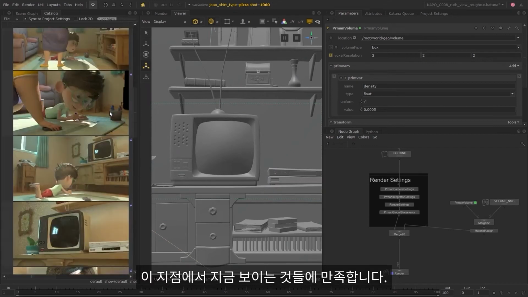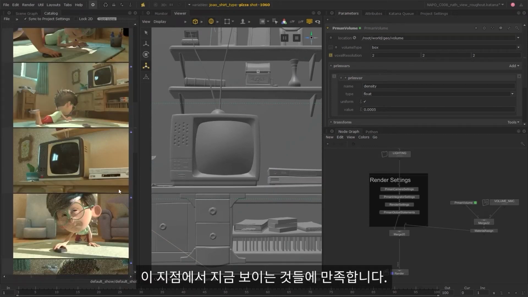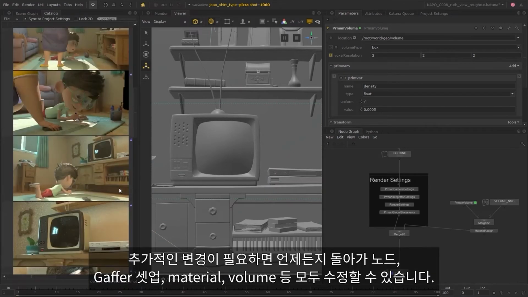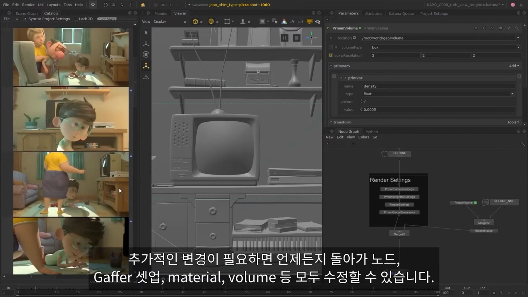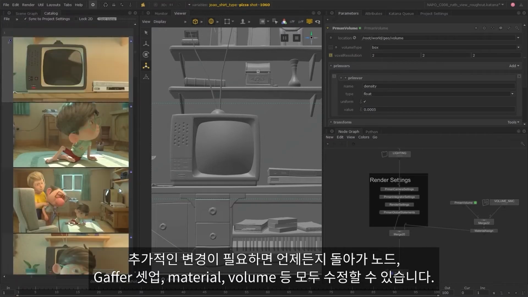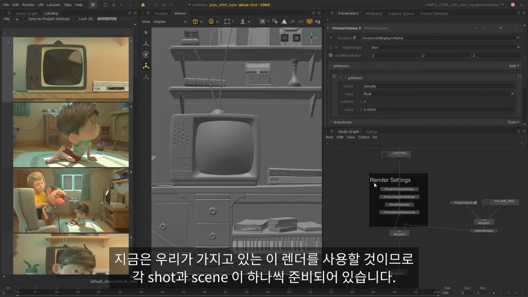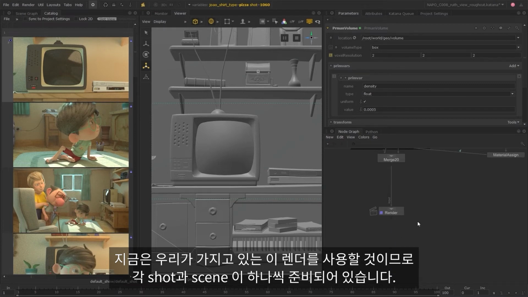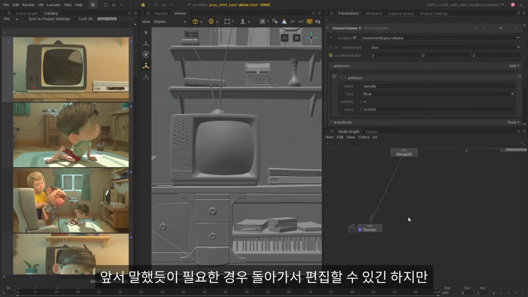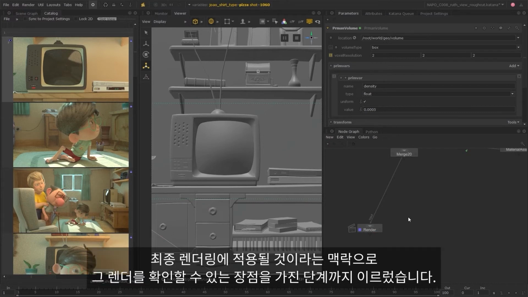And I'm pretty happy with how they're all looking at this point. Remember, I can always go back and make some more changes to any of these nodes, the gaffer setups, the materials, the volume, and so on. But for now, I'm going to go with these renders we have. So we've got one for each shot, and the scene is pretty much set up. As I said, we can go back and make edits if needed, but we've got to a good stage where